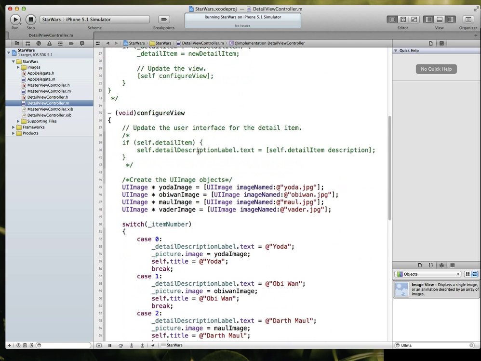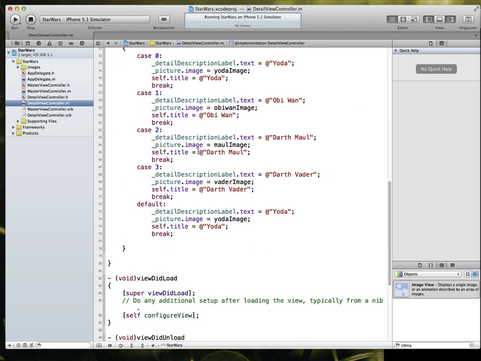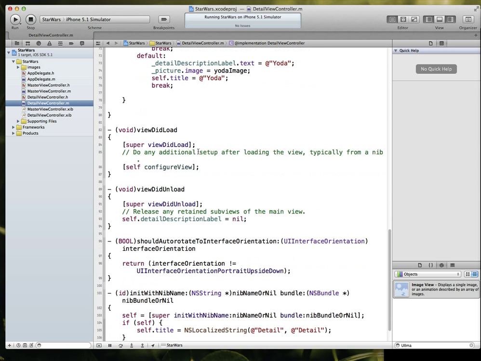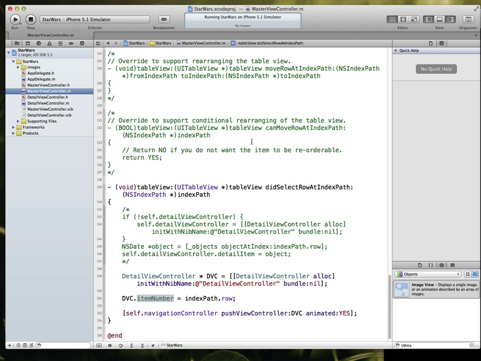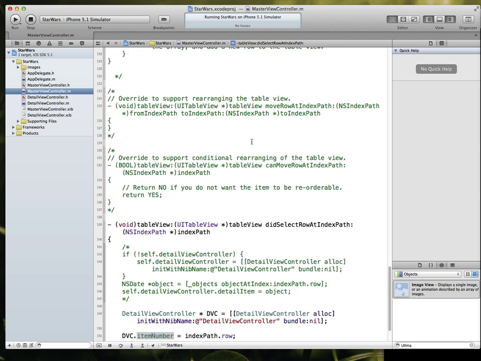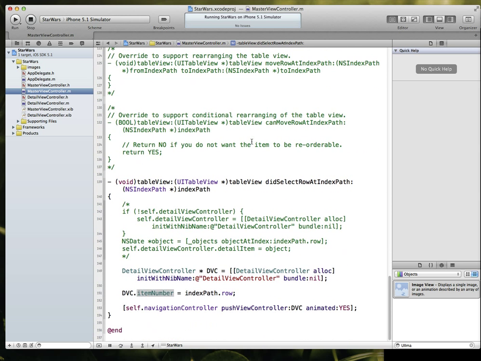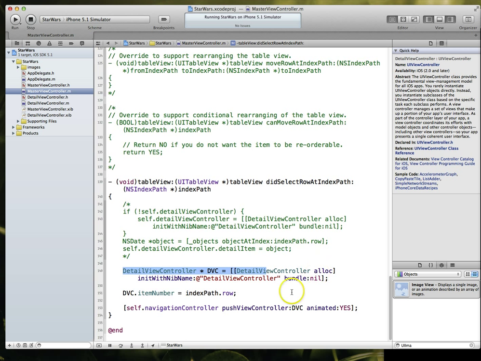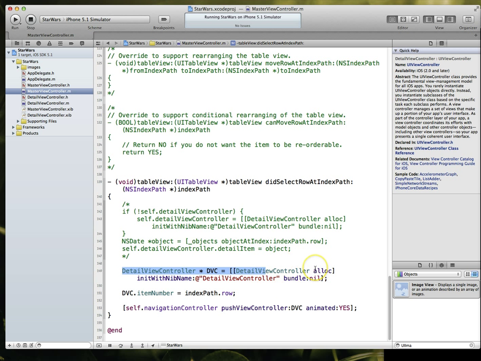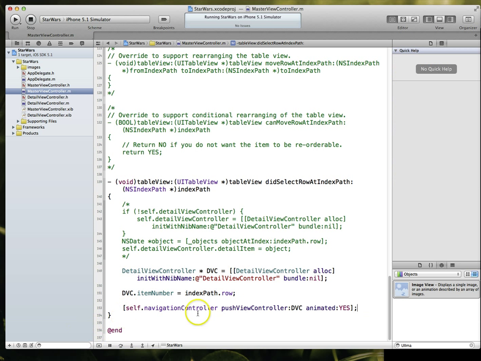object, so let's find an example here real quick. This may not be the best file to look for it in. Let's go back to our master view controller. Right. So normally, anytime you create an object like a detail view controller and you use this particular property called alloc, you're supposed to also be responsible for releasing it. So we might probably put in a line of code right after this that says DVC release or something like